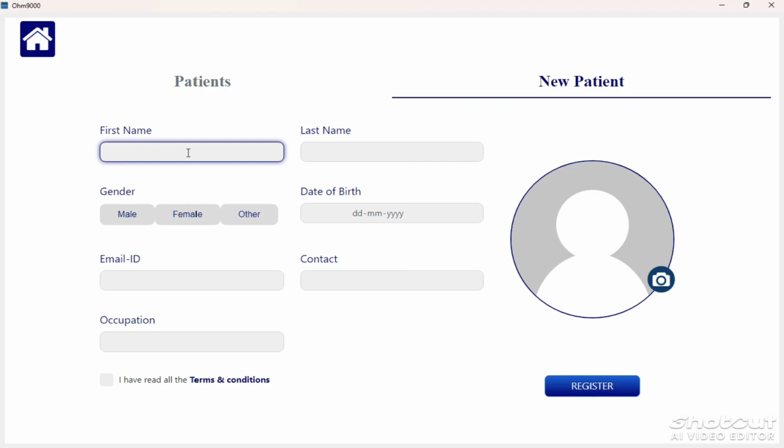All details are mandatory to register a patient, like name, last name, gender, date of birth, email, contact and occupation. After that, click on the checkbox and then register.